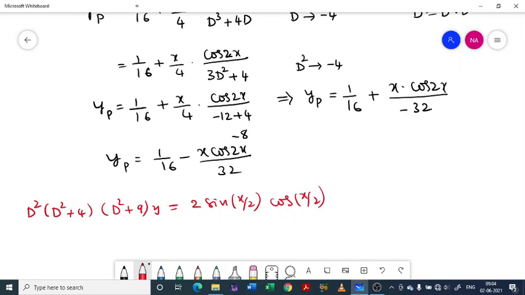So with this, let us wind up our discussion on non-homogeneous linear differential equations of type 2. See, given a trigonometric function, you have to first replace d square by minus a square, then it takes the form alpha d plus or minus beta. After that you have to rationalize, once again d square by minus a square, that will give you the solution. Okay, with this, let us wind up.